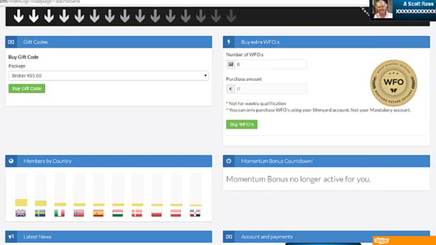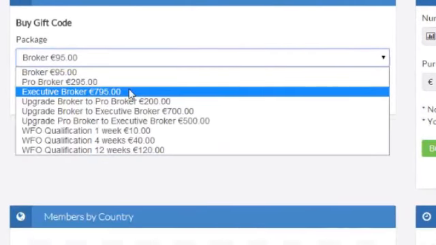There are 3 different positions that you can get in on. The broker is the least expensive at 95 euros. The pro broker is 295 euros, and the executive broker is 795. Obviously, the executive broker is going to be given the most incentives and the greatest amount of opportunity with more income potential. So an executive broker can easily create an income of 6,000